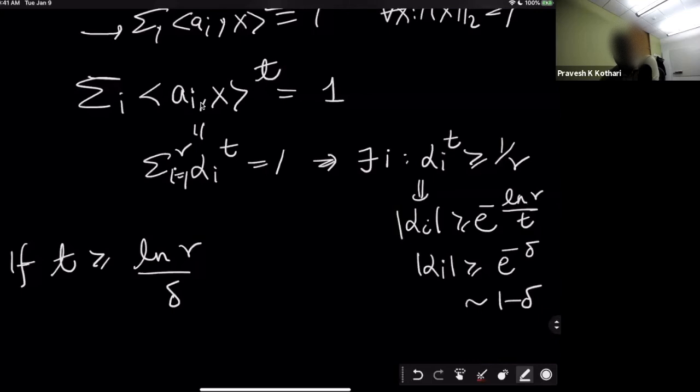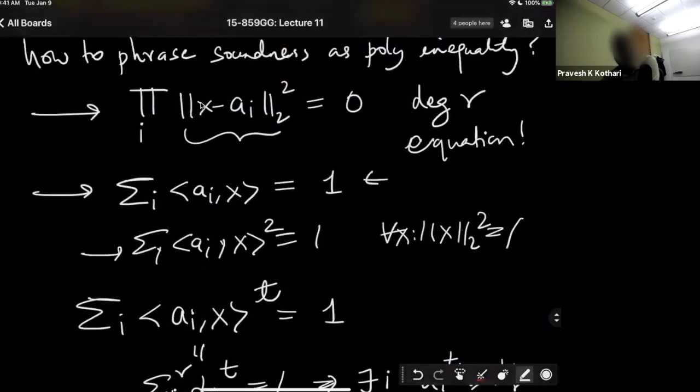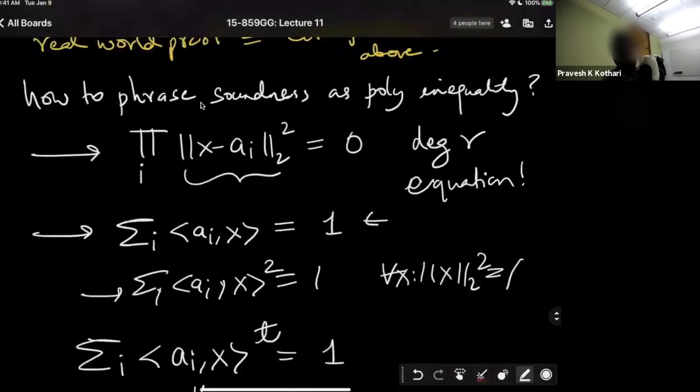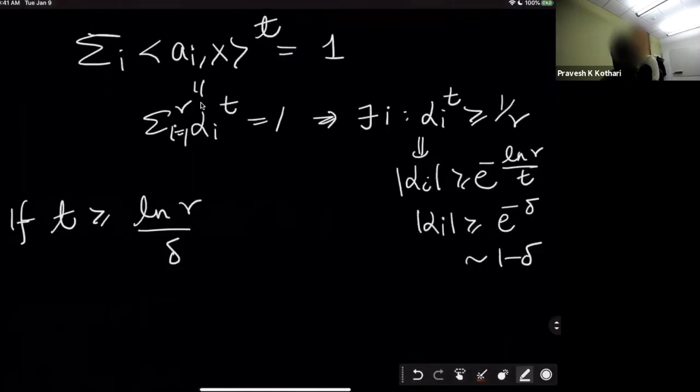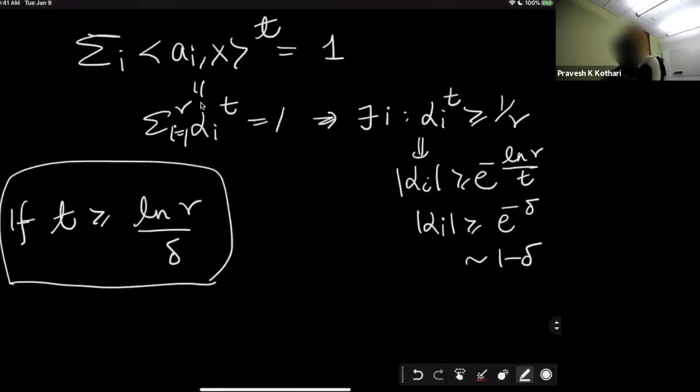I only had a degree r equation to capture this conclusion of the soundness, right? But at least now I have phrased it in a way which involves only degree log r polynomials, at least for some constant closeness. Okay, so this is the soundness claim I'll work with for a while, and then we'll switch over and see